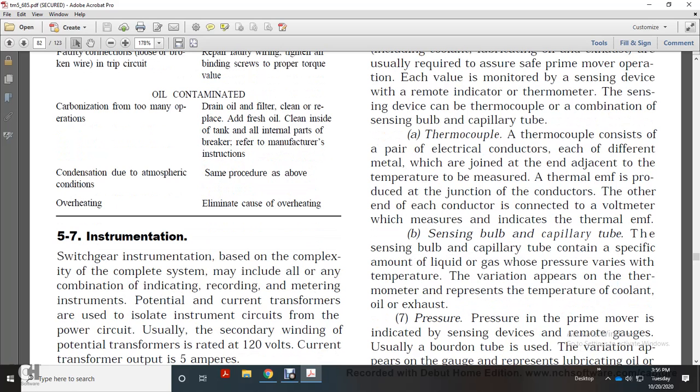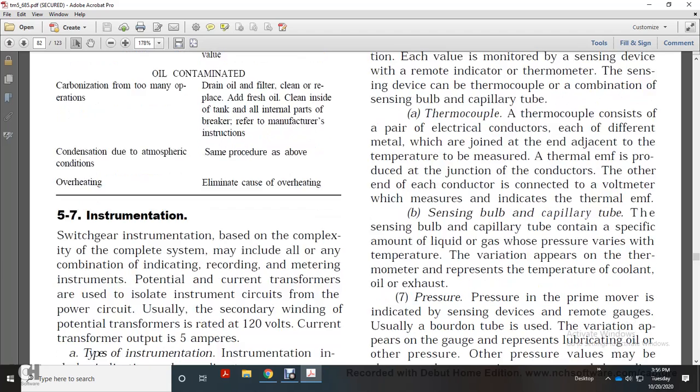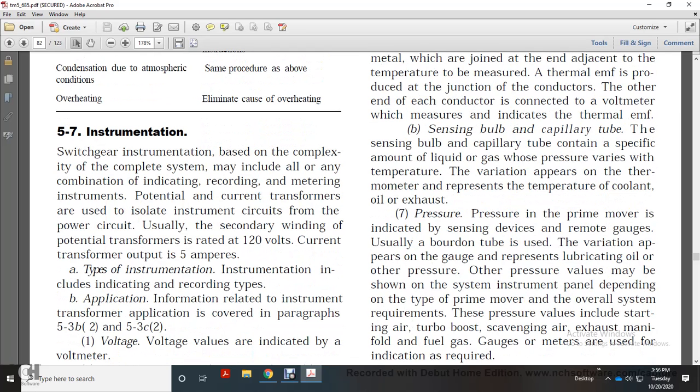The sensing bulb and capillary tube contain a specific amount of liquid gas whose vapor pressure varies with temperature. The variation appears on the thermometer and represents the temperature of the coolant and oil exhaust. Pressure, primary mover: the indicating symbol of the device is a remote gauge, due to the bourdon tube type of variation of the pressure of the gauge to represent the